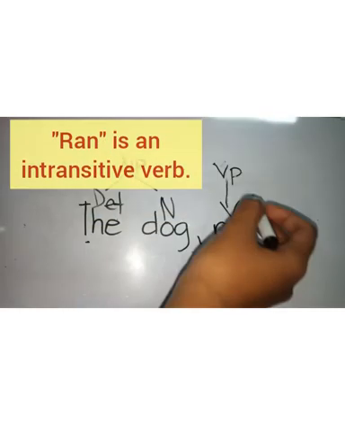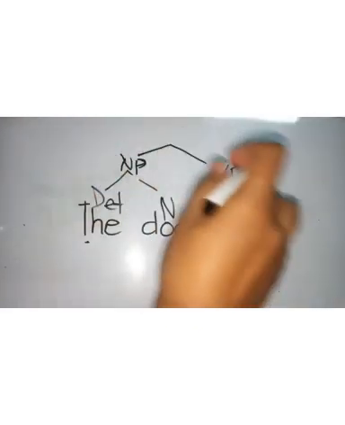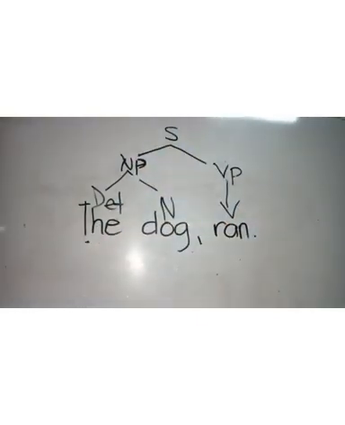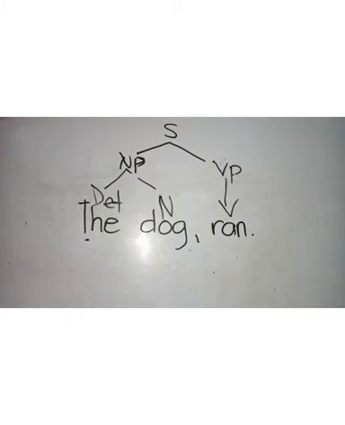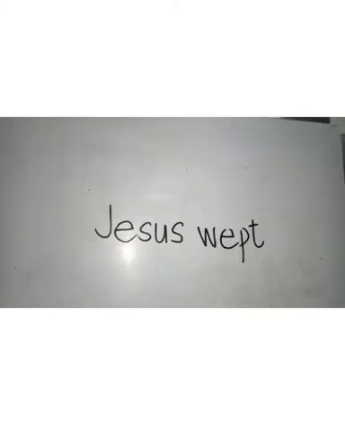Okay, so let's create the sentence. NP and VP creates the S node. So that's an example of rule number 4. Let's take a look at another example of a phrase structure that satisfies rule number 4. Okay, so we are now looking at a sentence that could justify this